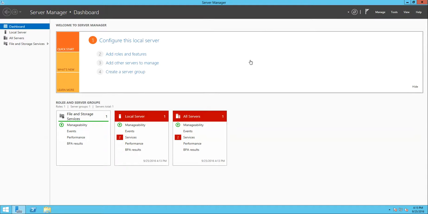Today we're going to be talking about Active Directory Domain Services. We're going to be installing Active Directory Domain Services, also known as ADDS, on a Server 2012 R2 box, and then we're going to promote this server to a domain controller. So let's get started. The first thing we want to do is go to Add Roles and